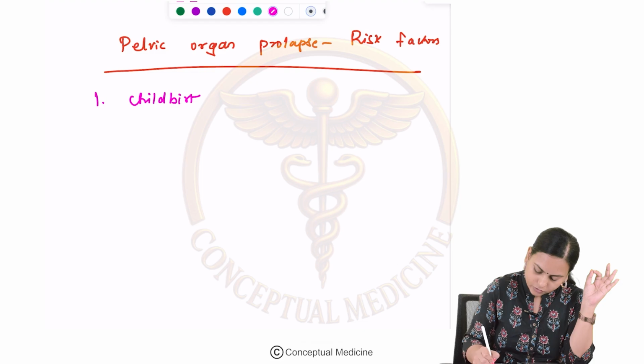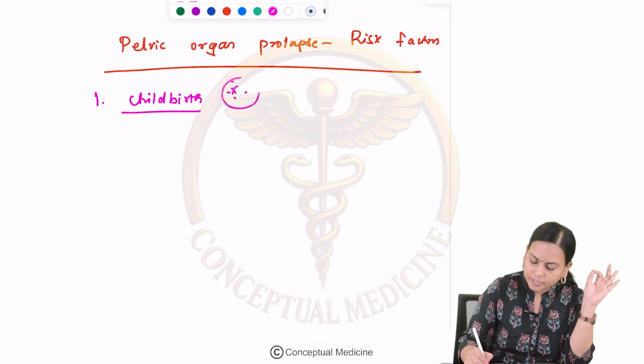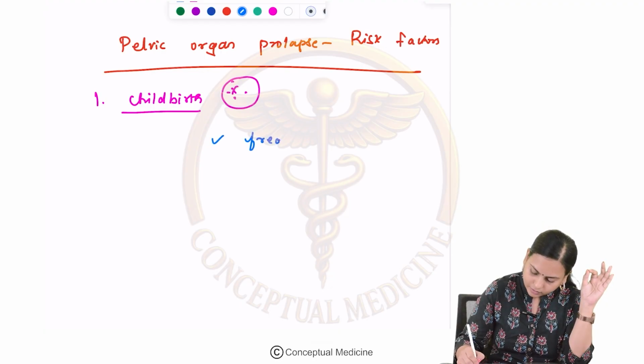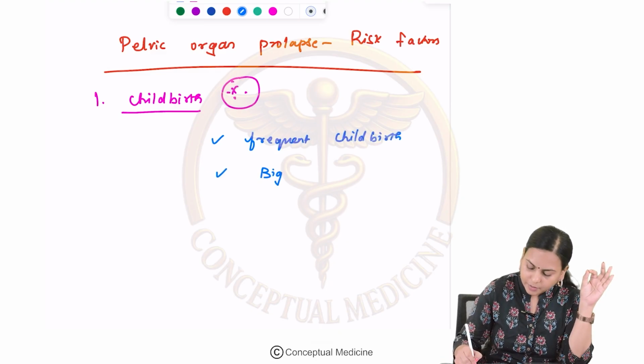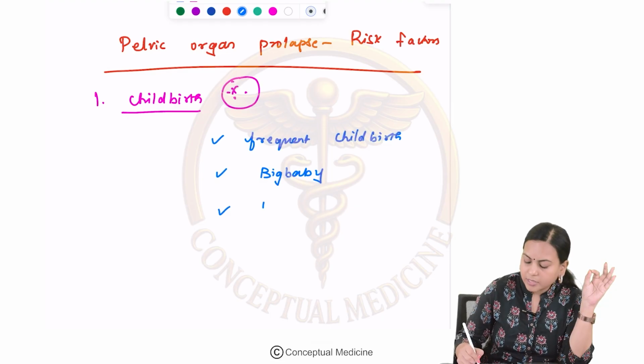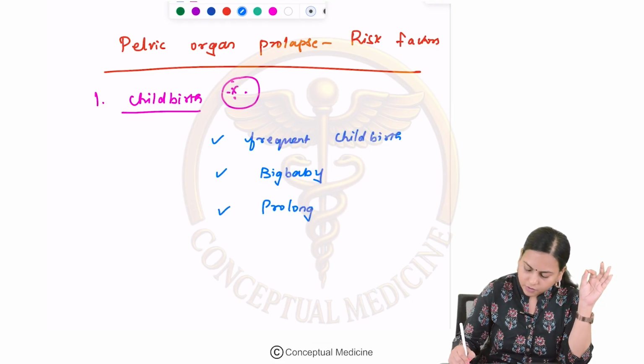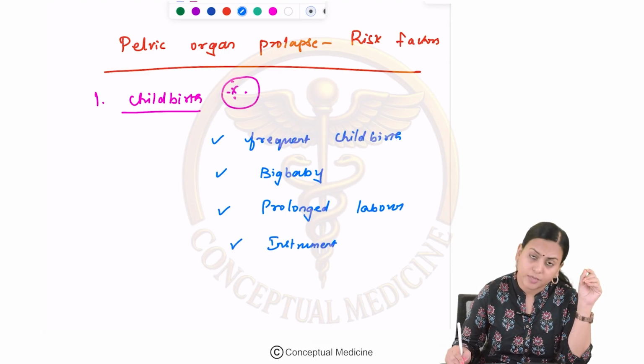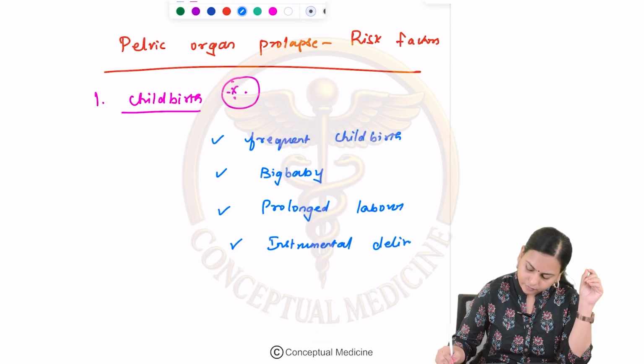This is a very important etiological factor, especially when she had frequent childbirth or a big baby, there was a history of prolonged labor,